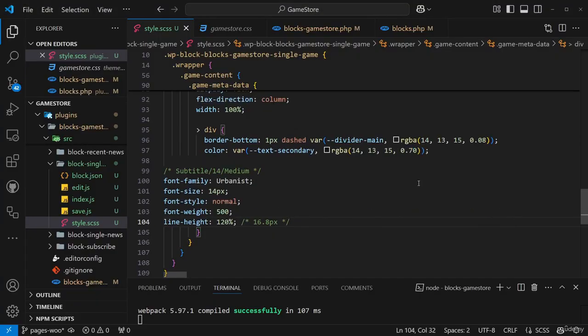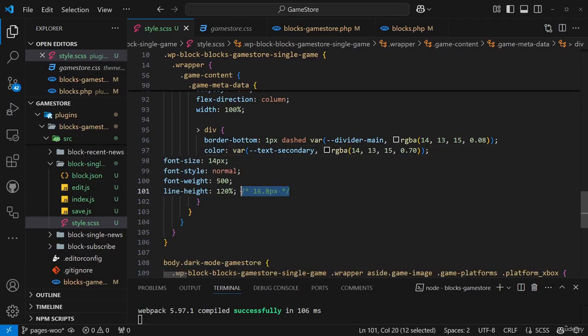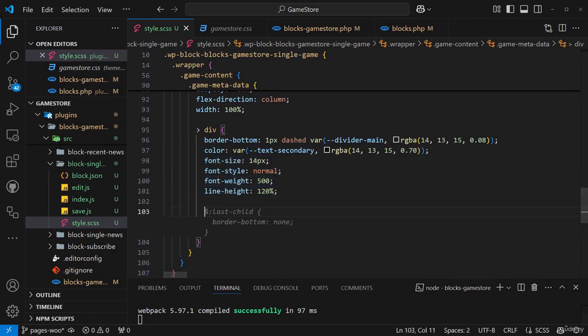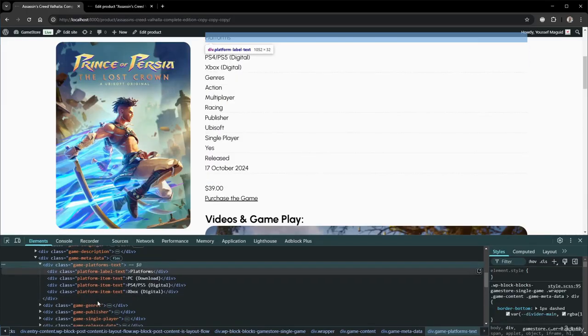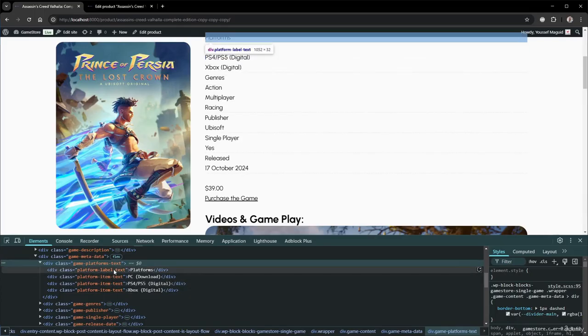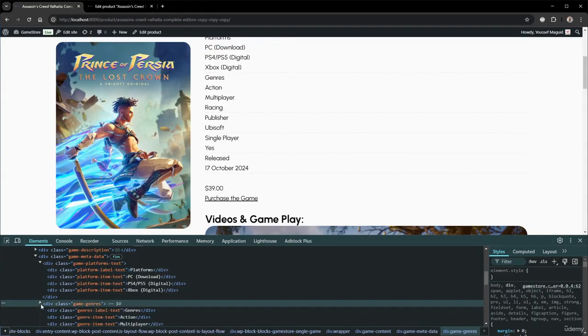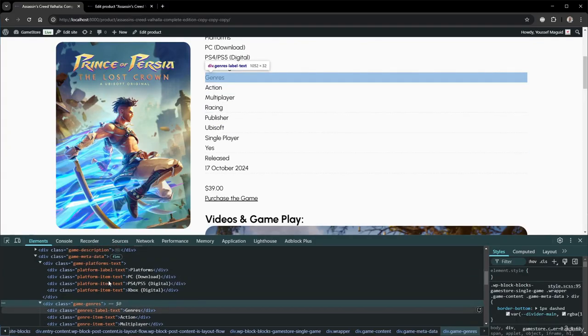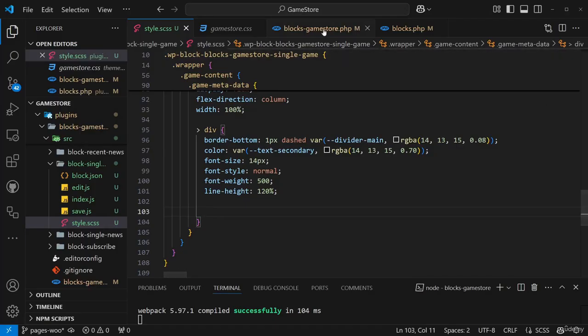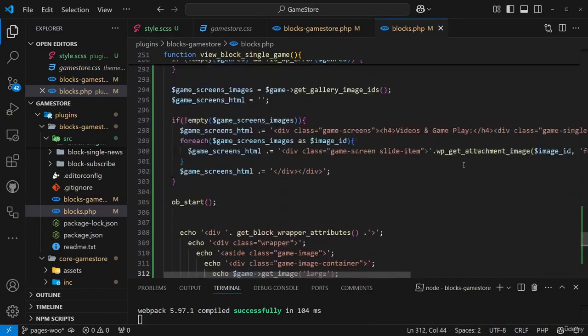I add them. Further in each element, here we have an interesting thing. Our platform needs to be centered on the left, everything else on the right. And different classes were set. I didn't consider this moment, so I'll just edit it now. So let's go to the block where we created